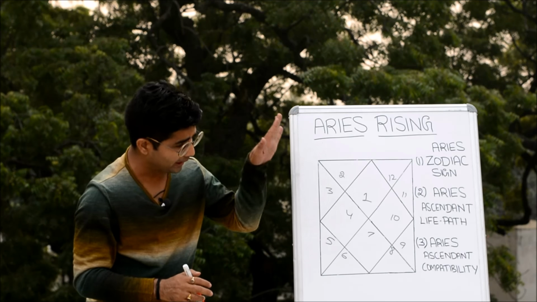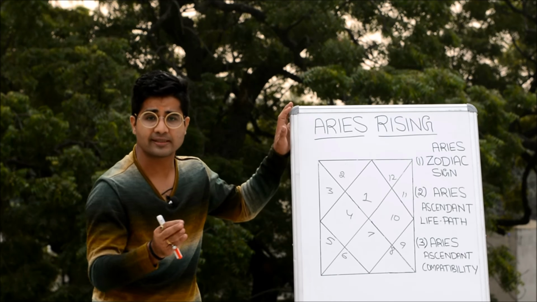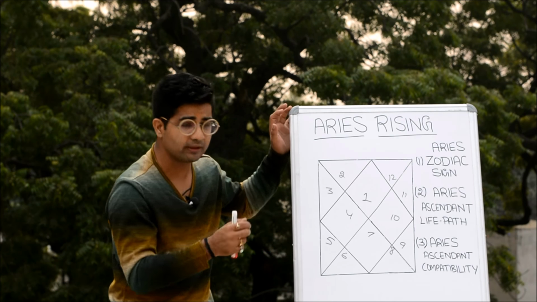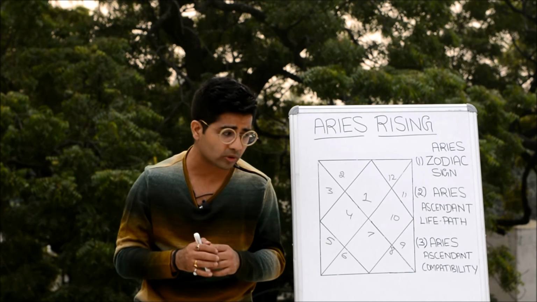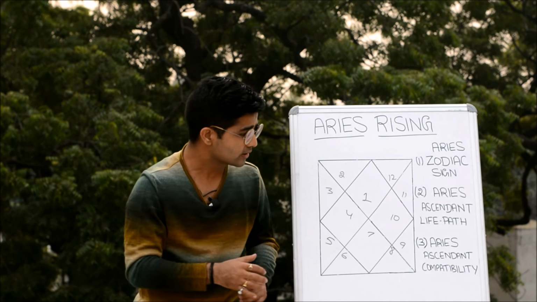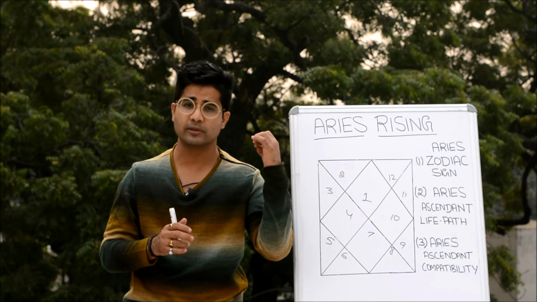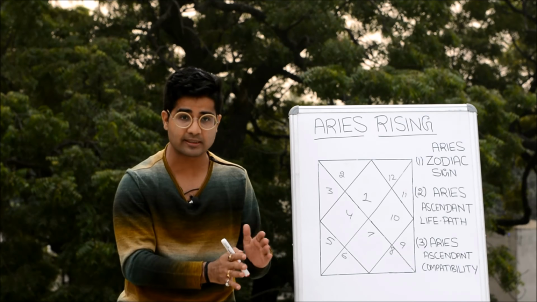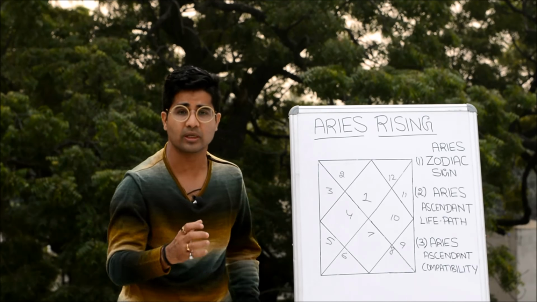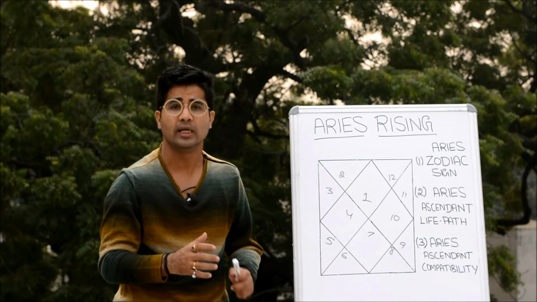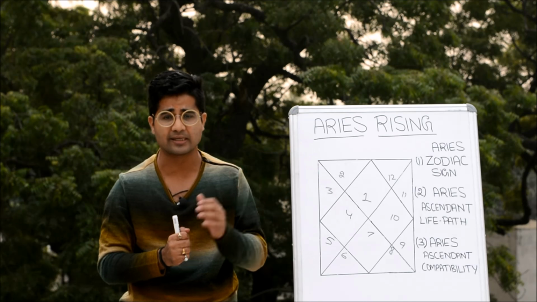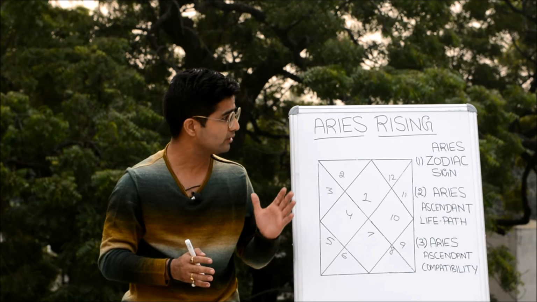So in the empty-house way we are understanding it, Venus and Mercury are not considered good for them, even when it comes to the gemstone. So wearing a yellow sapphire can be good for them, and the red coral can be good for them, and emerald these people should avoid. With that said, we have just discussed the empty houses, we have just understood the basic life path of Aries rising people. We haven't placed any sign, any particular planet in it, so that would vary the whole kind of assessment and analysis. So this is all what I wanted to say on the Aries rising sign.